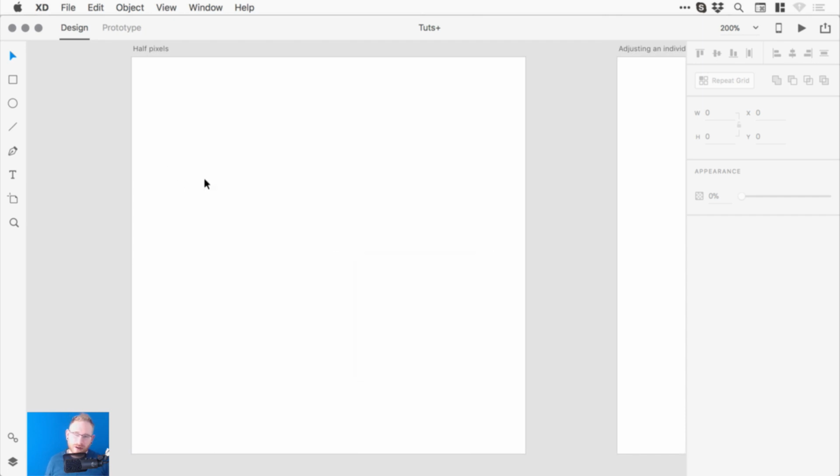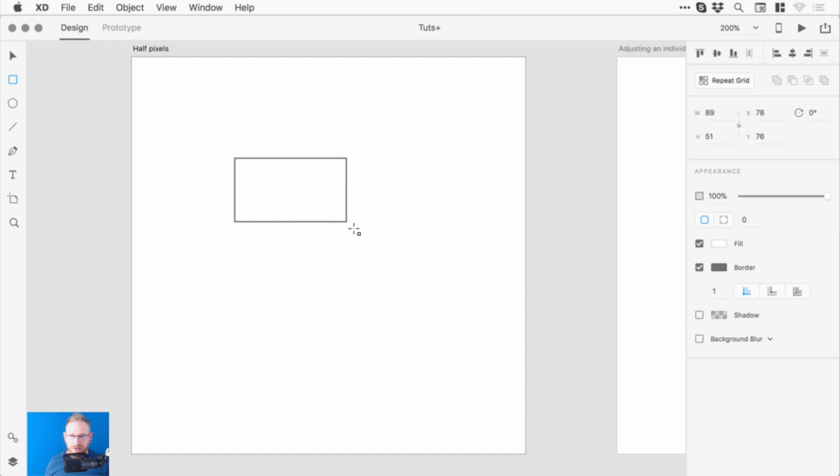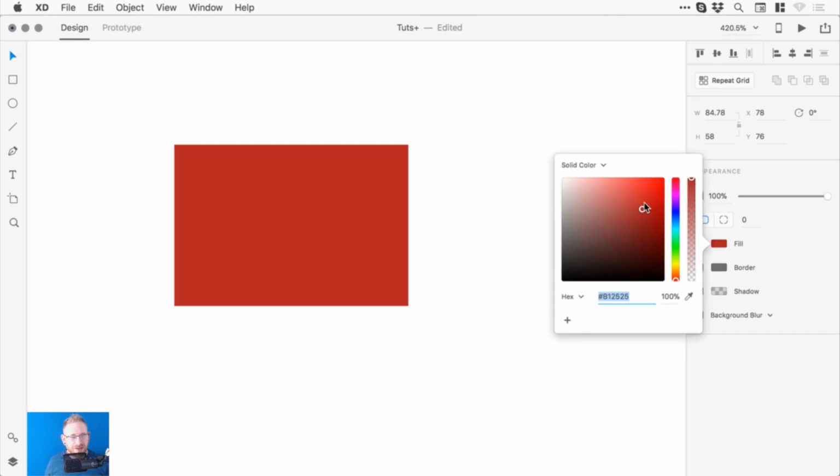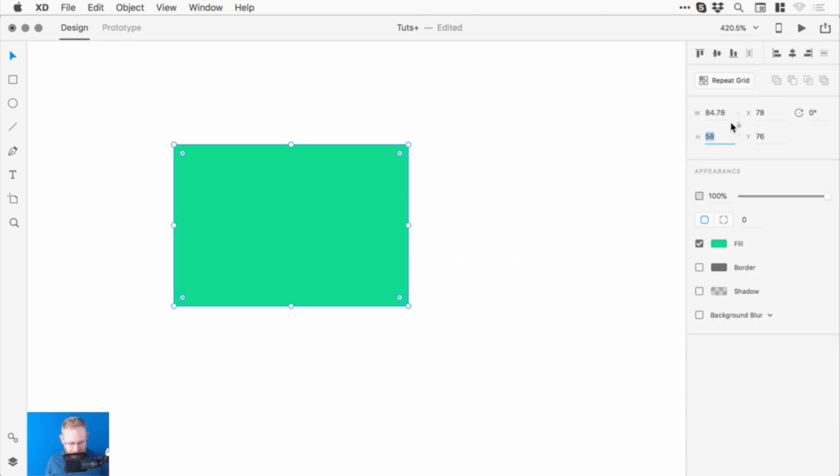Now, when you work in XD, you're working on a really complicated app or a site design, or you're just drawing icons, whatever you're doing in XD, at some point, you're going to come across half pixels. Now, XD doesn't really render them in the same way Photoshop does, so your designs in XD will look super smooth and lovely and it'll be amazing, but you might find every now and then that you get something like this. In fact, let's just remove the border, give this a fill. We'll go for green, and you'll look at it and it will be like that, and you go, hang on a second,